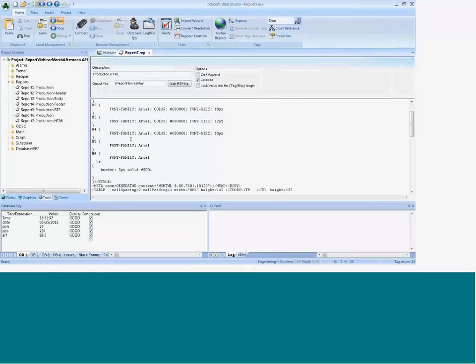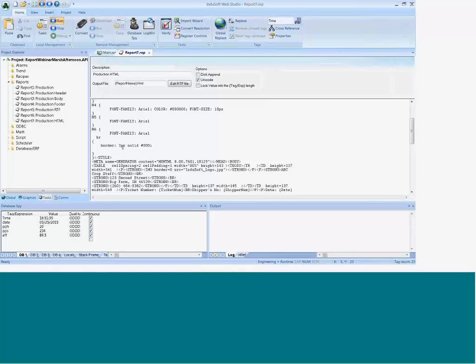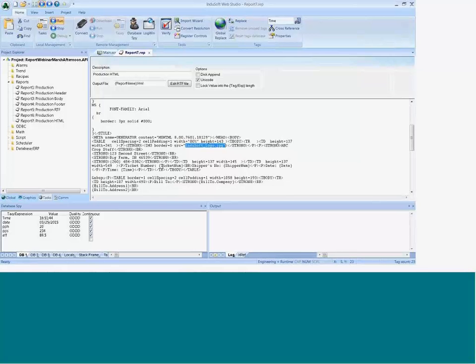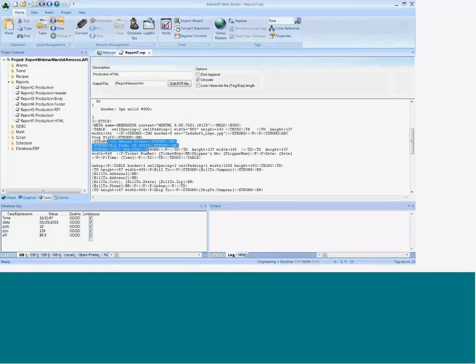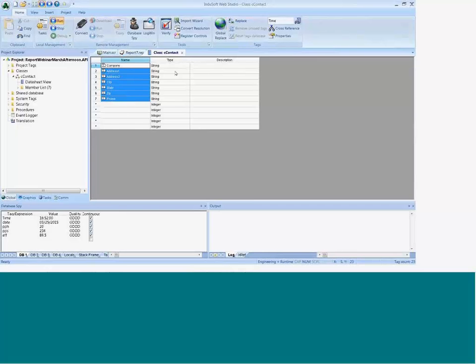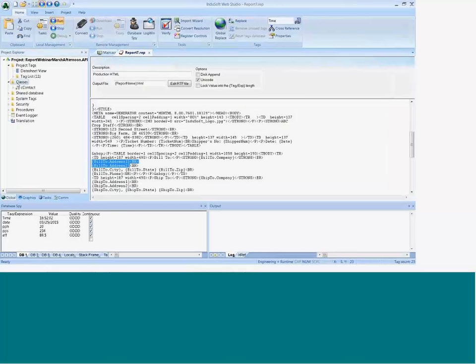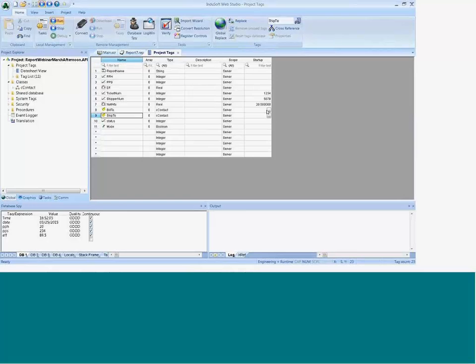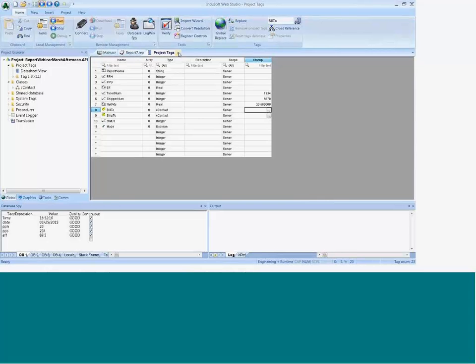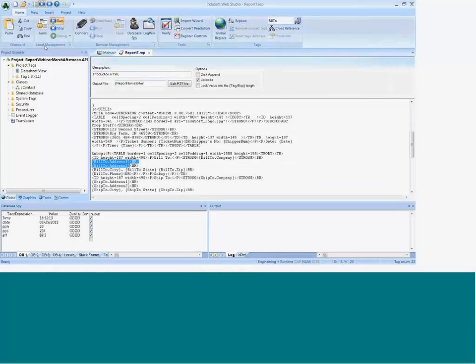It changes fonts, and I'm not by any means an expert in HTML, but just to show you what this is doing, it's taking the logo that's going to be in the project folder, and making some tables, and I've got some addresses in here that I put into those class tags. Here I have the address structure set up in the class tag, and then the project tag we created, a build to and ship to that I have preloaded with some names and addresses. And now when we run this, I'm going to save this as